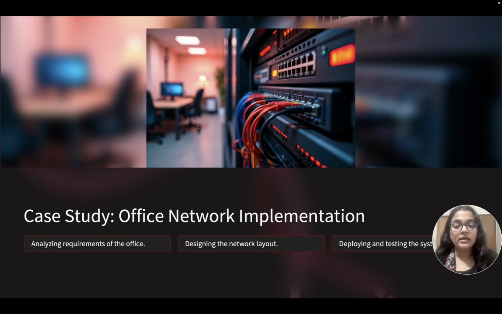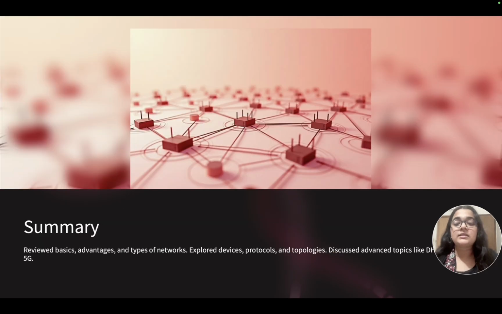Case study: office network implementation, analyzing requirements of the office, designing the network layout, deploying and testing the system. Summary: reviewed basics, advantages, and types of networks, explored devices, protocols, and topologies, discussed advanced topics like DHCP